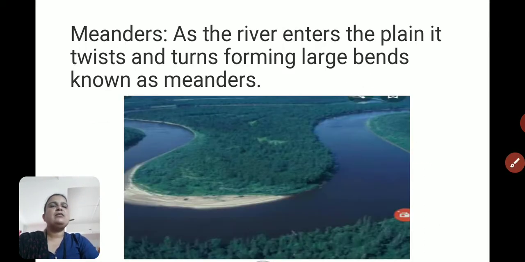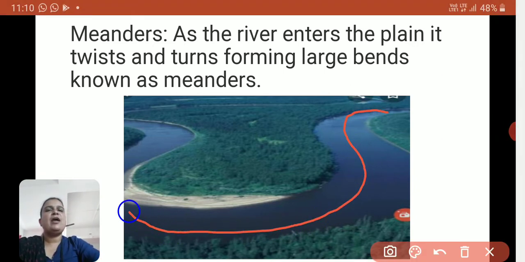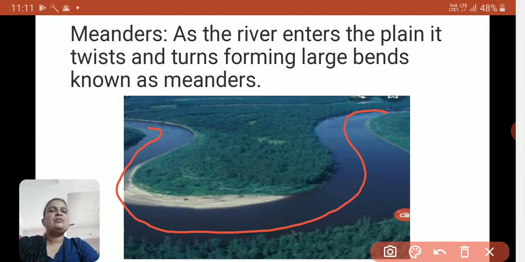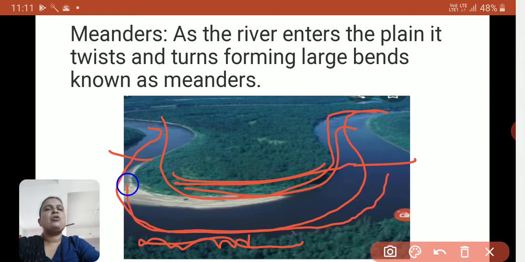You can see in this image the water flowing in a twisted and turning way, and due to the sediments collected over here, this area gets washed away, the water starts turning from this way, and this area gets separated from the main river.